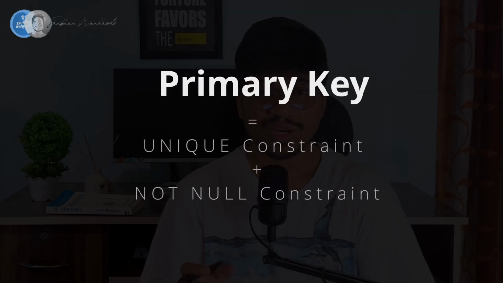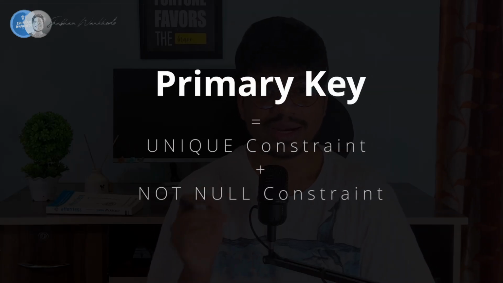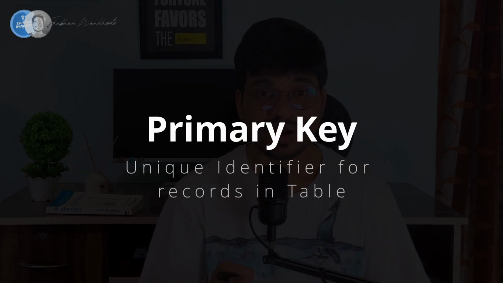Like this, if I want to uniquely identify a record from hundreds and thousands of records in a database table, in that case we apply the primary key constraint on a column. The primary key constraint is actually a combination of two constraints: unique and not null. The column with this constraint will not allow duplicate values, and will not allow empty values either. We use it as an identifier column for the records in our database table. Let's understand this primary key constraint.